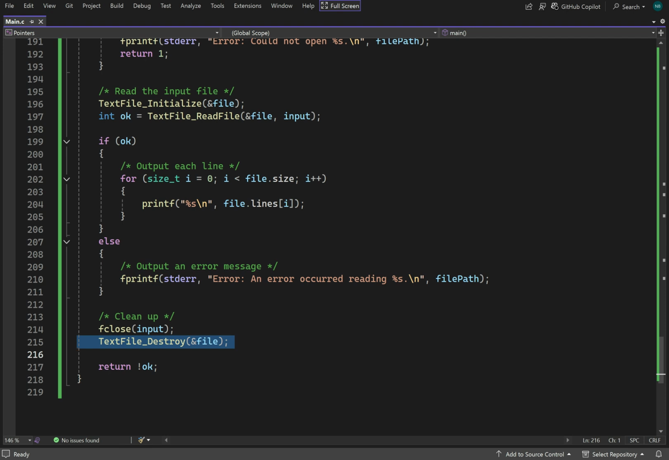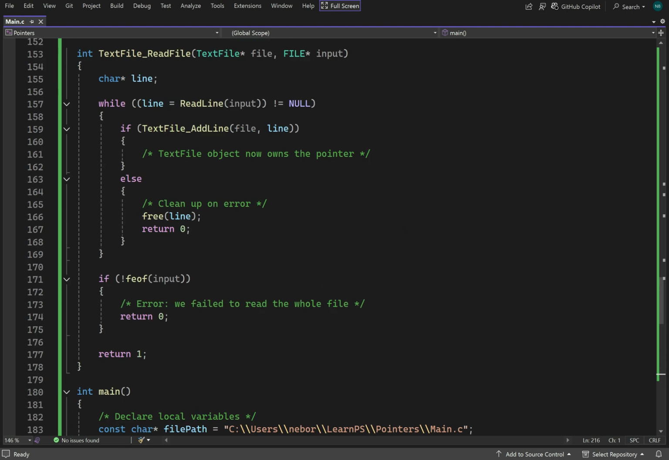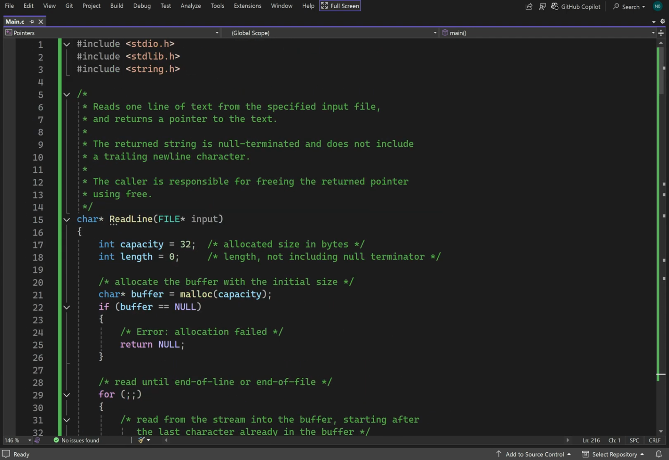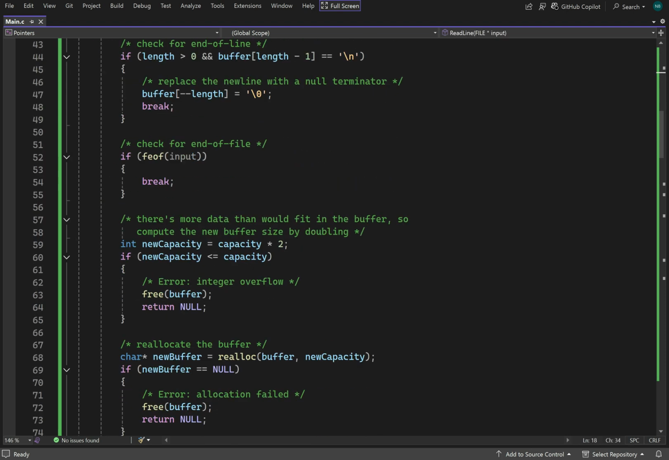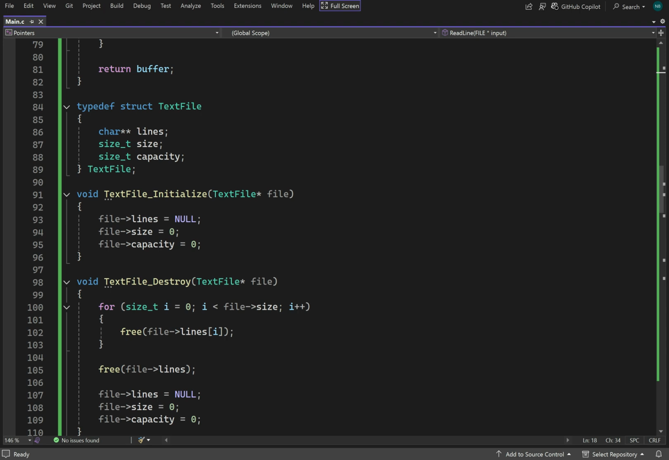Ownership is basically a way of expressing the idea of who is responsible for freeing resources. So the read line function has a concept of ownership, which is that the caller is responsible for freeing the returned pointer. And the text file struct has its own concept of ownership, which means that